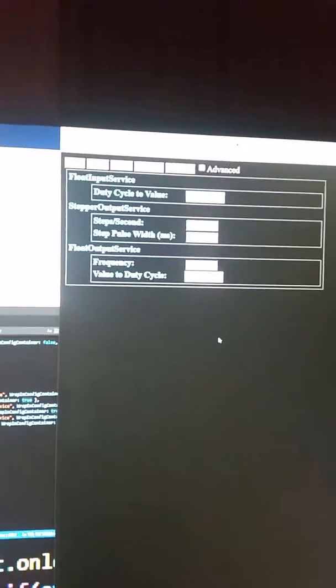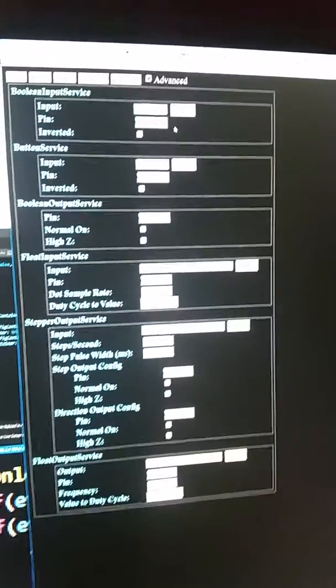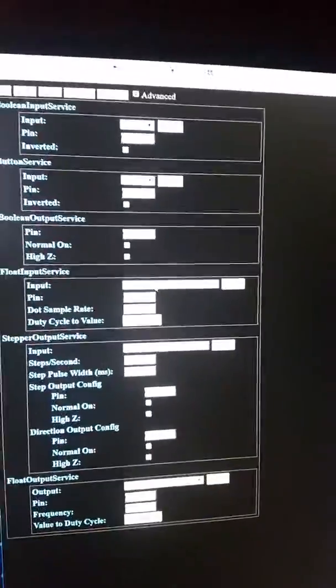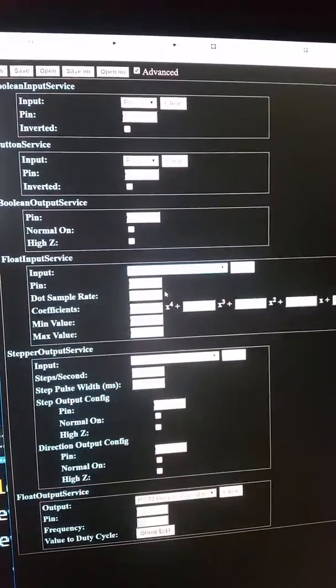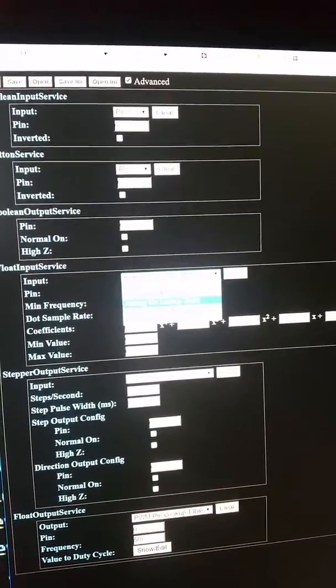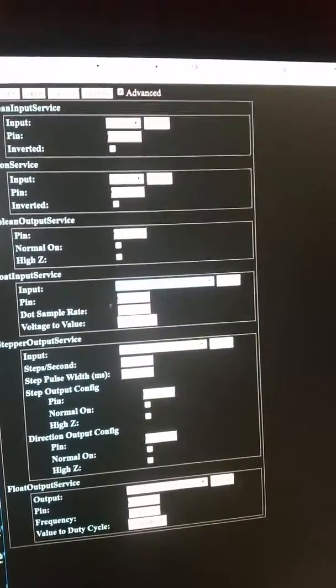Here's a quick video of the config editor, and you can see doing something like this not in JavaScript would be a nightmare, because all these different buttons like this will change to some advanced options that show a lot more stuff you can change. Each of these drop downs change it to a different type of config. So doing something like this to dynamically change all this,